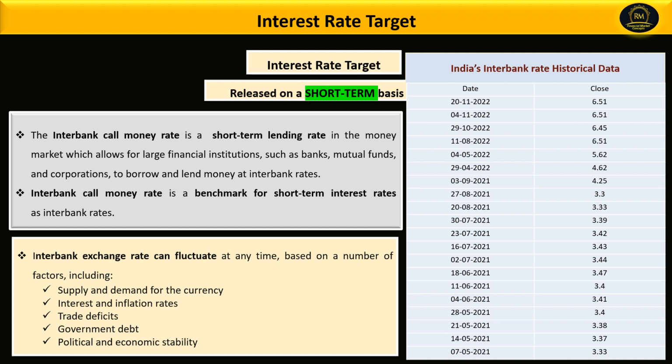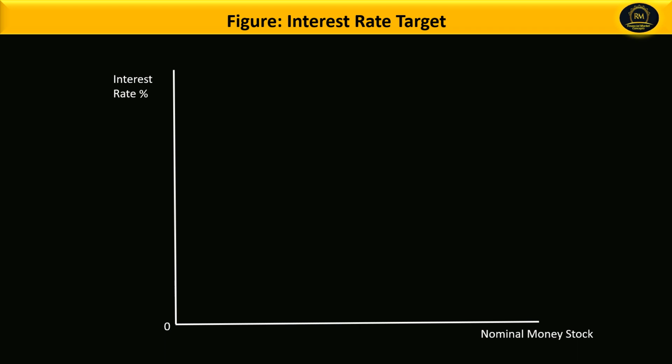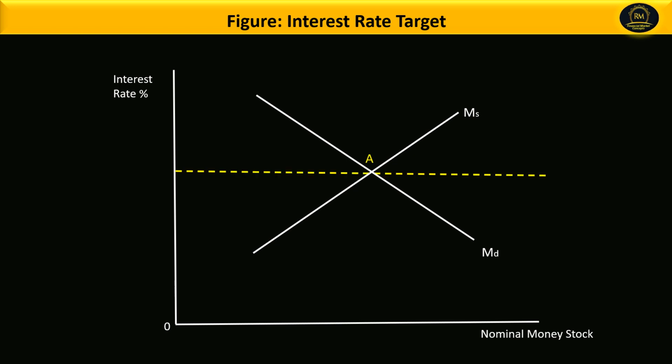intermediate target. Let us try to understand the interest rate target as an intermediate target of monetary policy with the help of this figure. In this figure, we will try to understand and find out how the central bank decides to manipulate the money supply to meet its interest rate target. The interest rate is on the vertical axis and money supply is on the horizontal axis. Let us start with the demand for money and the supply of money curve. So at this demand for money and supply of money in the economy, the equilibrium is at point A, which